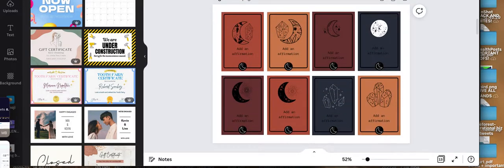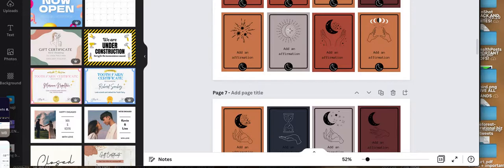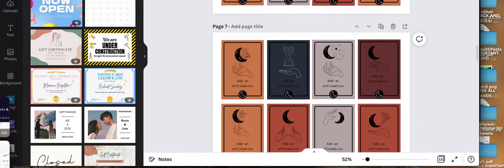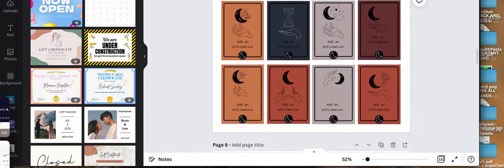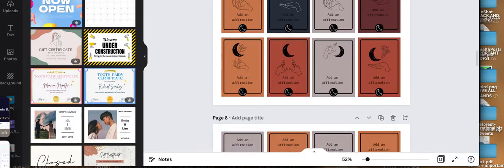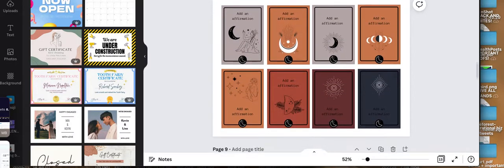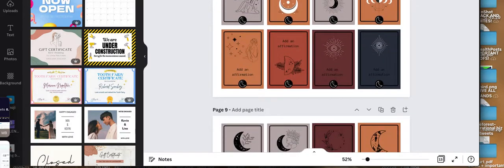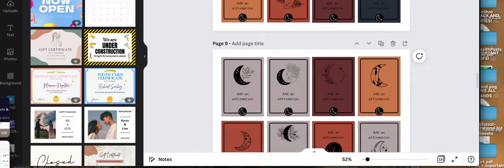This is a template that you can use to create your own professionally designed cards that you can sell either as digital downloads for folks, or you can sell with the intention of having folks print these out, which is what we do, right? So you want to be able to sell this as a digital download that people can print out at home or at their local Kinko's or whatever makes them happy.